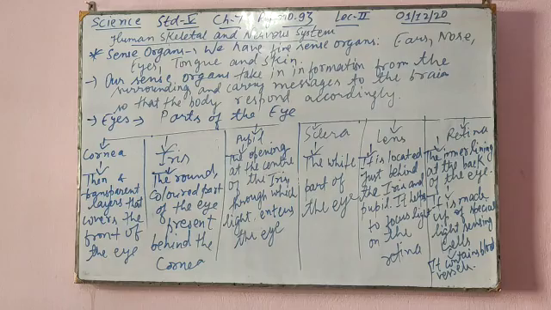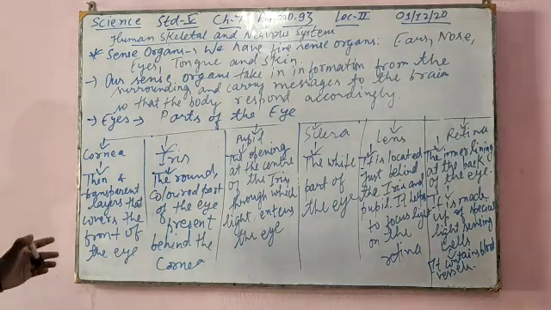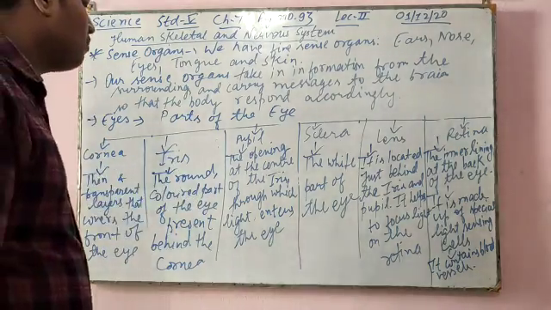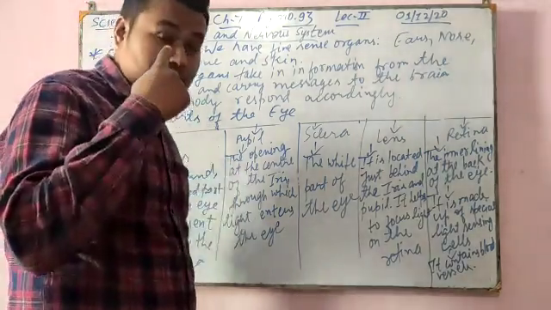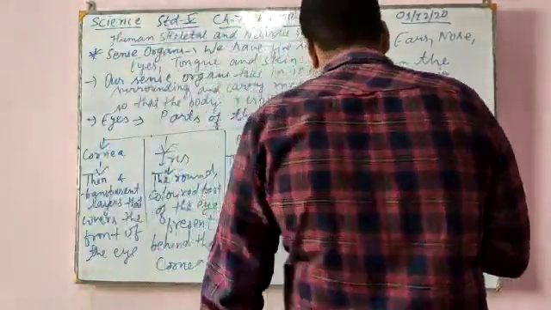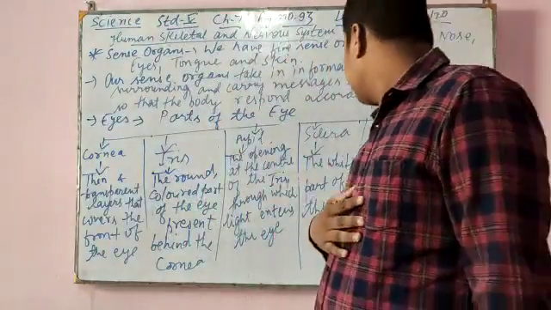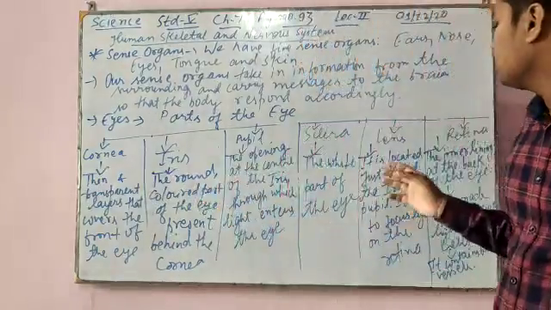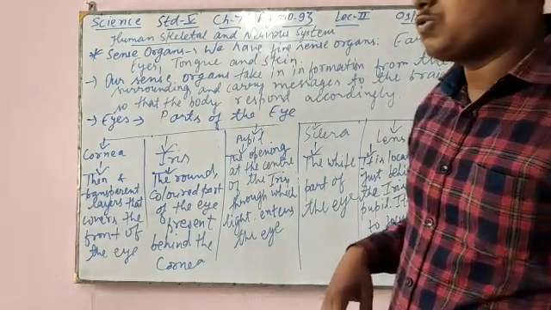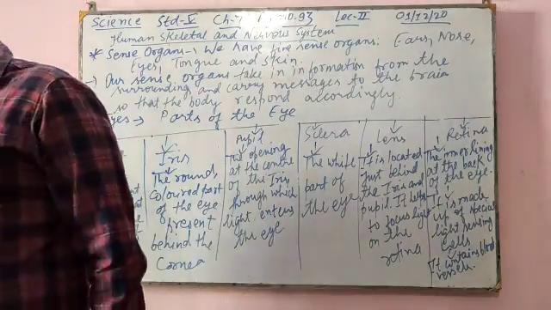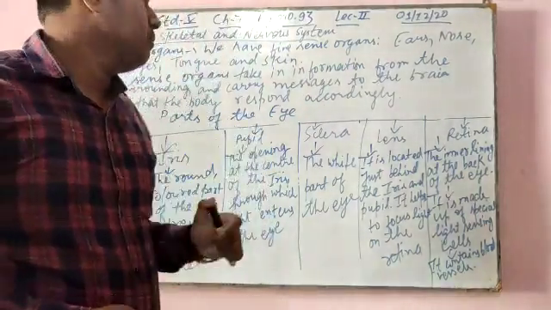Again, I am just summarizing. Cornea, the thin and transparent layer; iris, the round colored part of the eye; pupil, the opening at the center; sclera, the white part you can see clearly; lens, located just behind the iris and pupil; and the retina, the inner lining at the back of the eye, made up of special light sensing cells, which also contains blood vessels that carry nutrients to the cells present there.